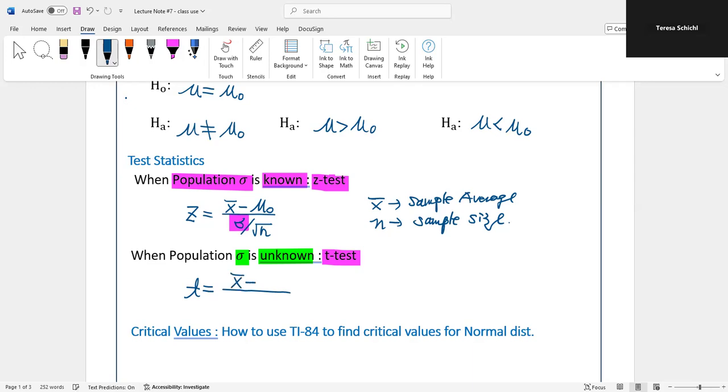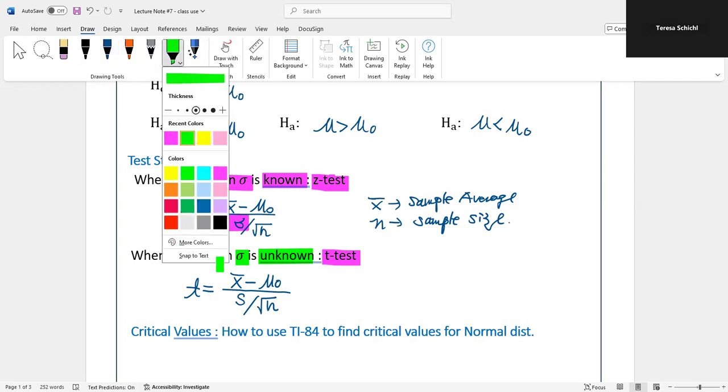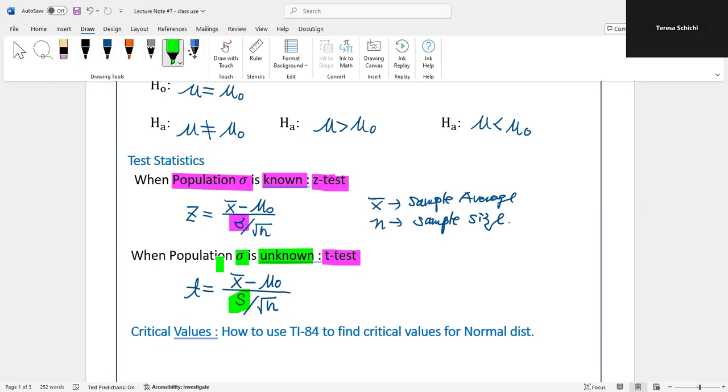For the t-test, the test statistic is very simple. It will be x bar minus mu zero, over s over the square root of n. So the only difference is this s, because the population sigma is unknown. The x bar is still the sample average, n is still the sample size. What is the s? This is the standard deviation